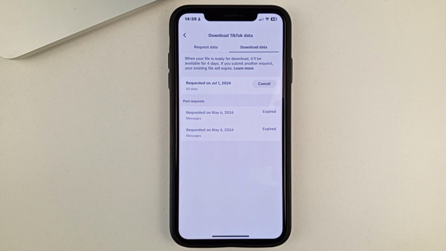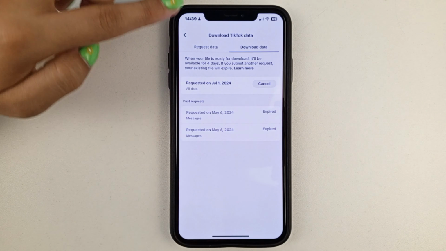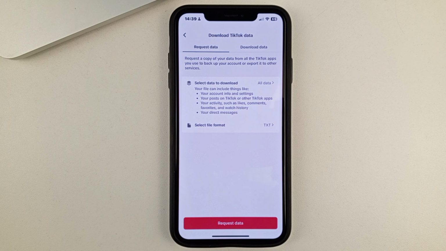And so, friends, you are sending TikTok a request for them to send you all of your data that has been deleted or that is in TikTok. So you'll be able to come back here in a while in the downloads and find here the request that you sent to TikTok. And here you can find a file that you can easily save to your phone. And then you can find the drafts that you've deleted.